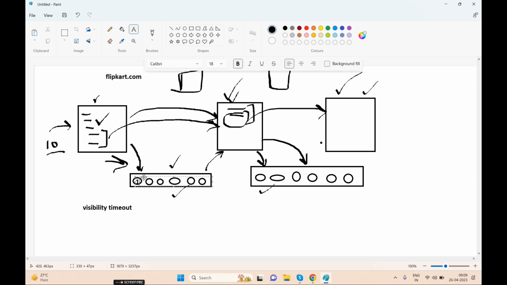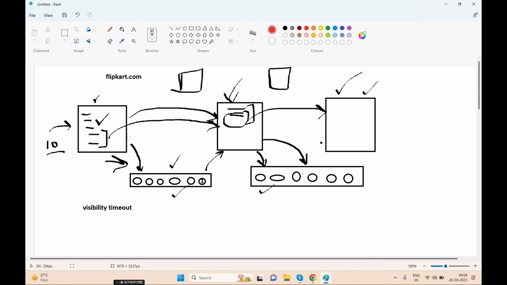Let's take this as the first request. Now this server is processing that request. This server has pulled that request and started processing. At the same time, there might be a chance, for example, that we have three servers here for processing, X, Y and Z. So the first time, server Y has picked up that first request and started processing. At the same time, X and Z can also come and pick that request, because it's in the queue.